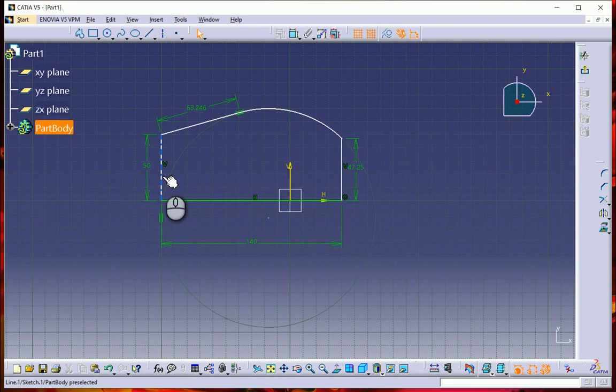So you cannot redraw the entire thing, or start from the initial step again. It will be a huge wastage of time. So instead, we'll just alter the single feature. Let's say if there's a diameter involved, we'll change the diameter. That is known as parametric modeling.